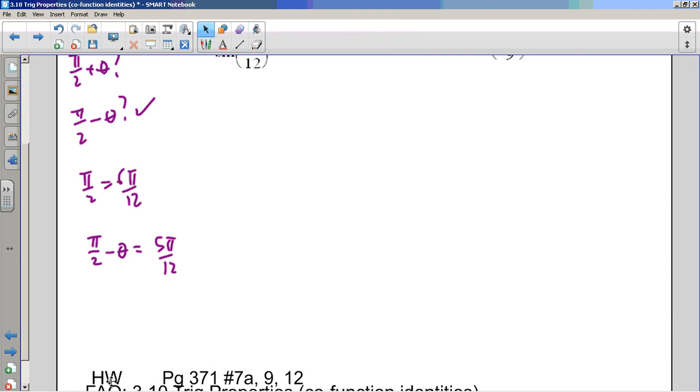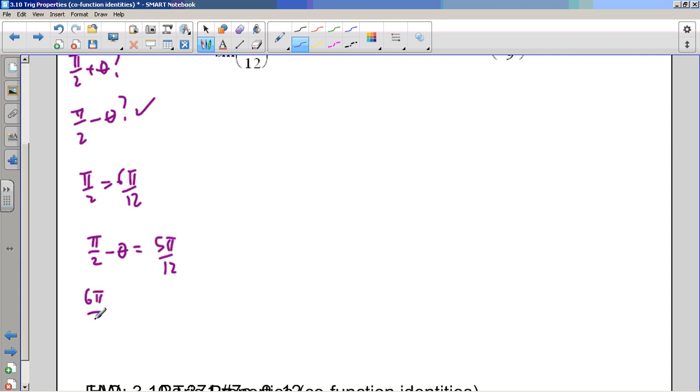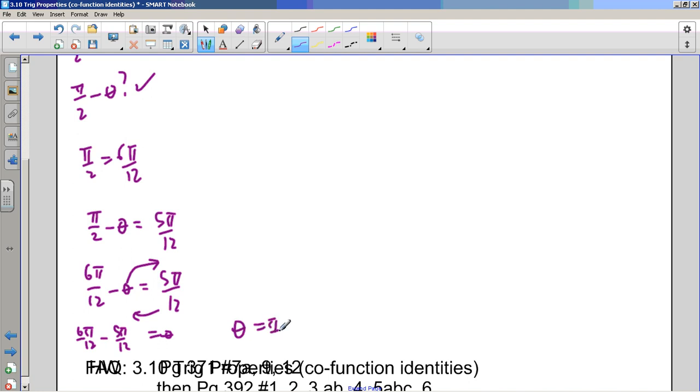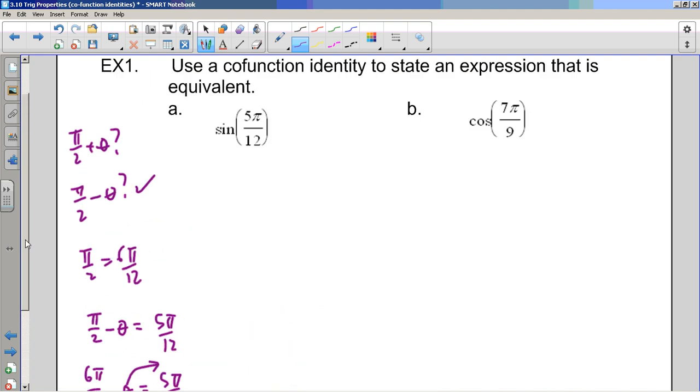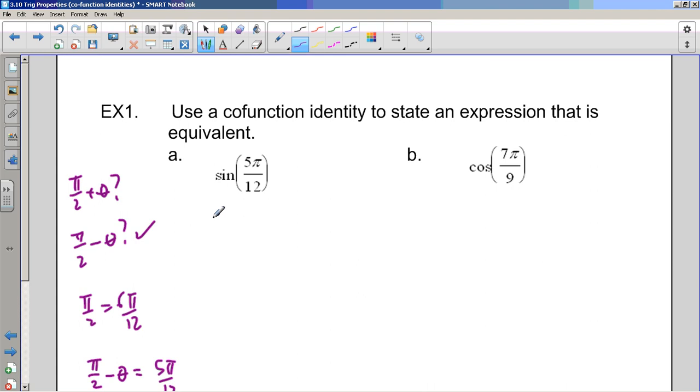I think pretty quickly, now I get my homework in the way here. Let me get rid of this. This is the common denominator. If I wanted to solve for theta, if you can't see this clearly, add theta to both sides, and I'm going to get what some people saw probably straight off. Theta is equal to pi over 12, right? So here, then I think of, well, what's this? I'm going to use this little formula,